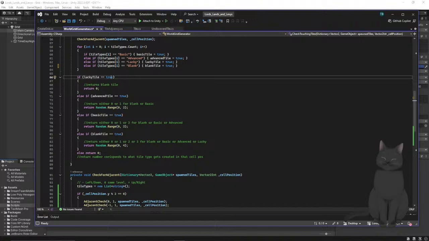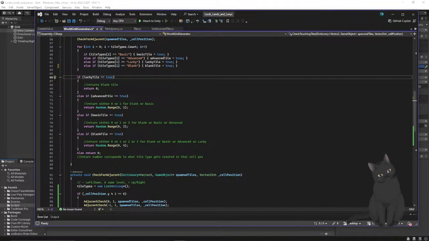Let's see what that looks like and see what that feels like, honestly, because this will let me figure out my new function, and I can see a new way of spawning tiles, and it might be what I'm looking for, in fact. So let's just say we want lucky tiles